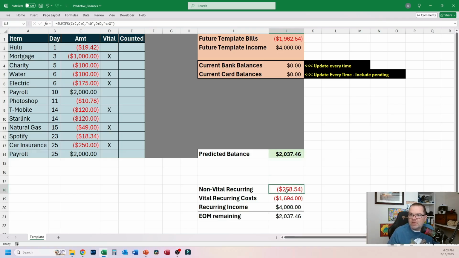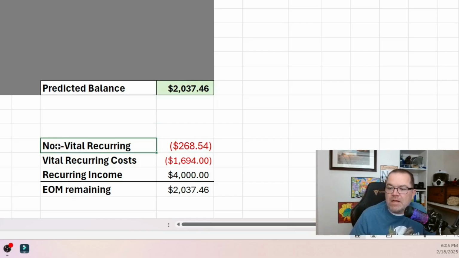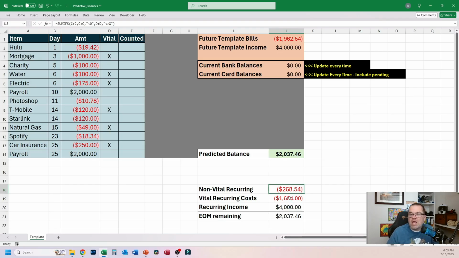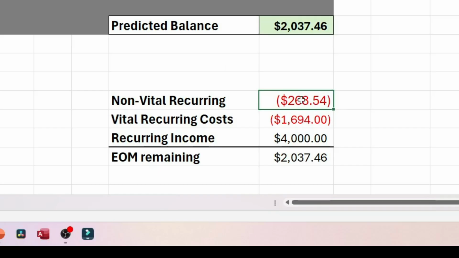Now down here I've done something interesting. I want to see my non-vital recurring spending. So I want to see if I had to cut out my spending, how much could I cut out? And again, it's a SUMIFS. First I look at the C column and it's less than 0, and then I look at D and it's not equal to X. So anything that's less than 0 and does not have an X in the D column is non-vital spending. And you can see if I had to cut out my spending, it would be $268.54 I could save each